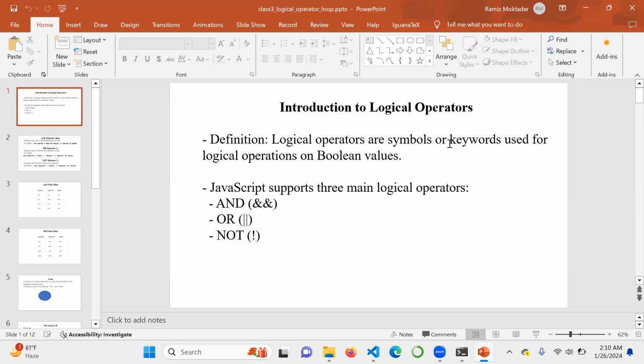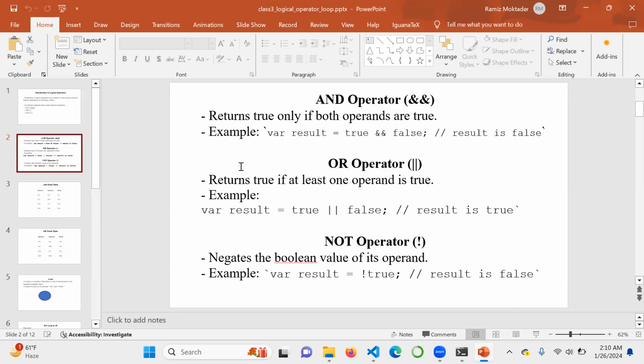In programming languages, there are many logical operators, but we will discuss the basic three operators here, and these are AND, OR, NOT. These are very common logical operators across all programming languages. You'll find these logical operators in almost every programming language. Maybe the syntax is different, but the logic is more or less the same. So now let's see one by one how these three operators work and how we can benefit from using